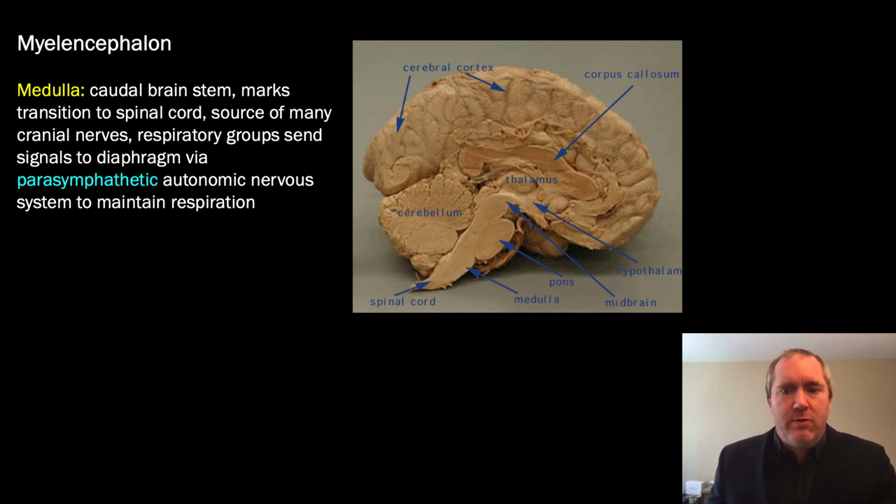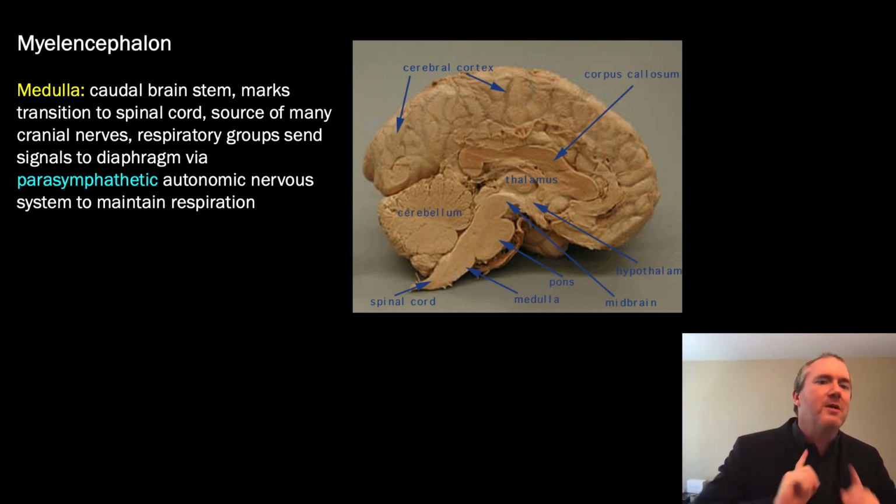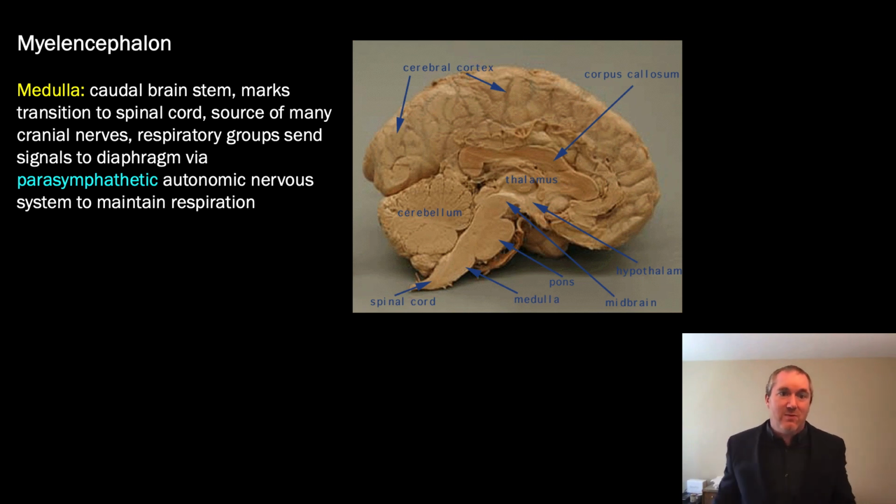For example, medullary damage can result in the loss of the sense of touch. So, you can't sense the ability to feel anything. It's such an important area in the brain. You're going to learn about how various input to the cortex through the thalamus are relayed through the medulla. Some of this information synapses there. And if that is lost, you lose the sense of sensation.